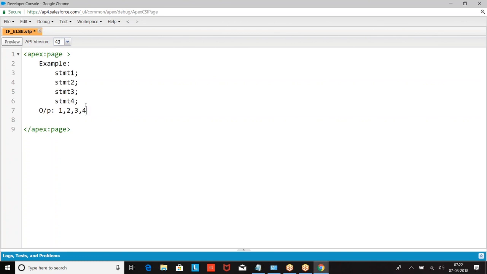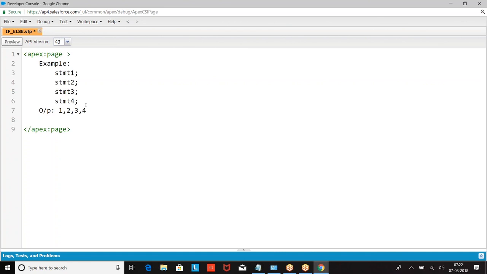Your output is going to be 1 executed, followed by 2, 3, and 4, because the program runs in a top to bottom approach. This is the order of executing the program.